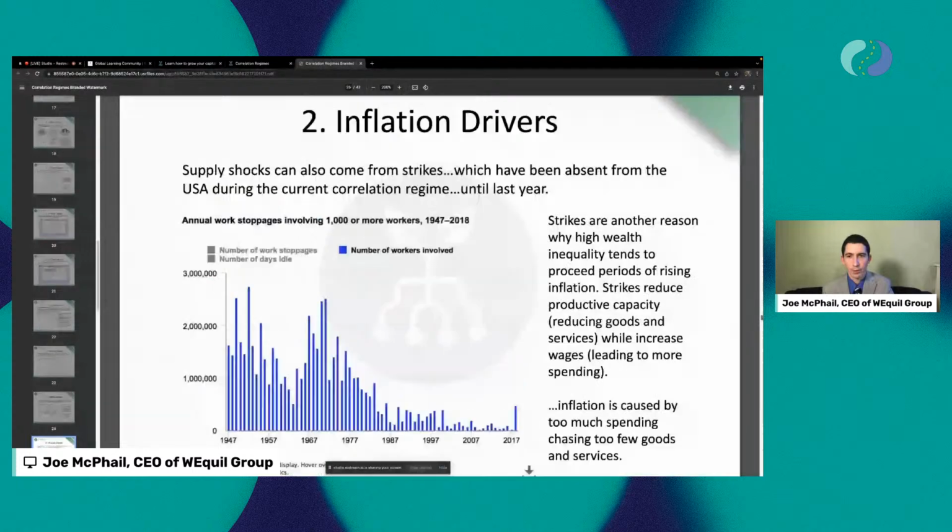Okay, here's another example of supply shocks. Again, we put this together a couple years ago, and since then, this has only gotten worse, way worse. So what are we seeing here? Well, we're seeing annual work stoppages. This would be people that are on strike and refusing to work and basically demanding higher wages. And we've started to see the beginning of this coming back. One really good example would be John Deere. They committed to some pretty hefty wage increases going out many years into the future.